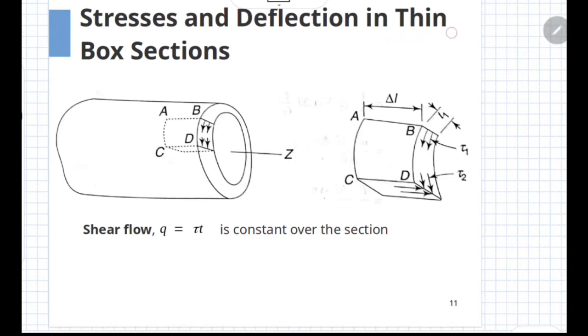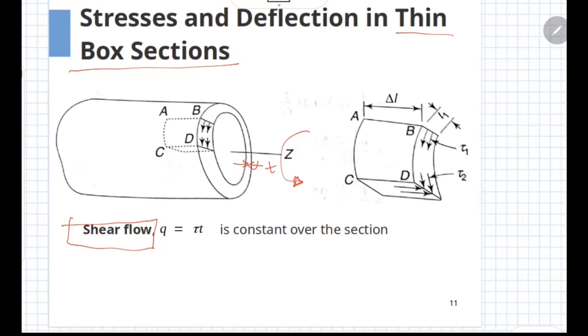These sections are also known as thin box sections. These sections have a hollow cross section and the wall thickness is small as compared to the other dimensions of the bar, and when they are subjected to torque, a much simpler approach can be used without requiring the complicated warping function and other details. In this approach, the concept of shear flow is important. Let's understand what shear flow is and how it is useful.